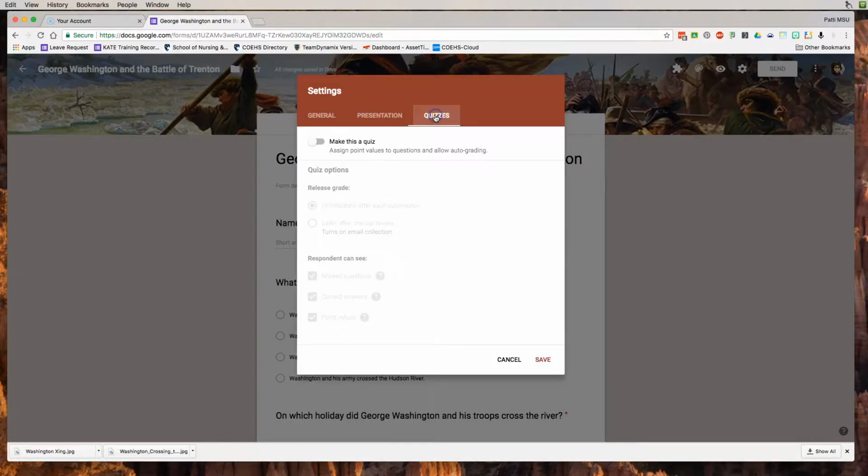The last thing you need to do is to actually make this a quiz. And so you're going to turn this on, and that activates all these other question options. Under Release the Grade, you can opt to immediately release the grade as soon as the student hits submit. That way they'll see their grade and they can see what they missed, what the correct answers were, and what